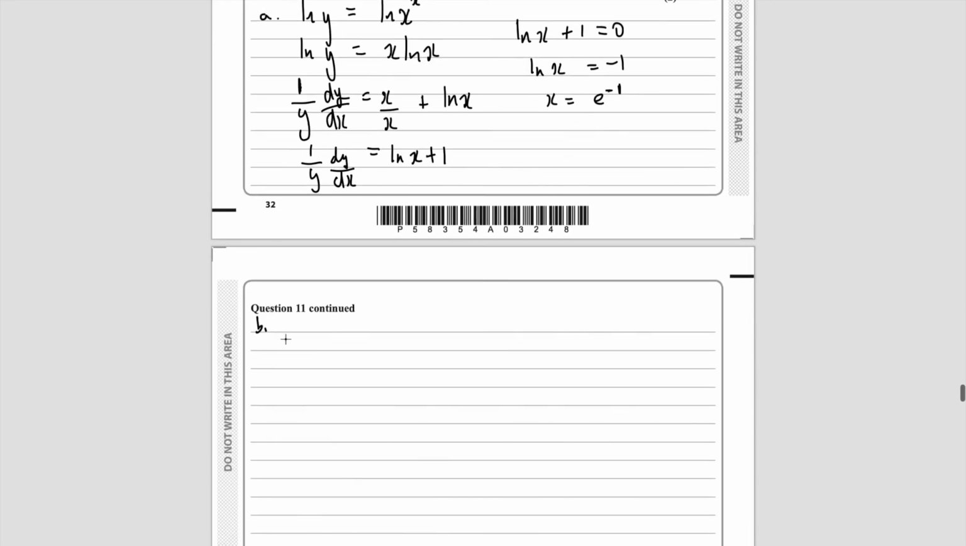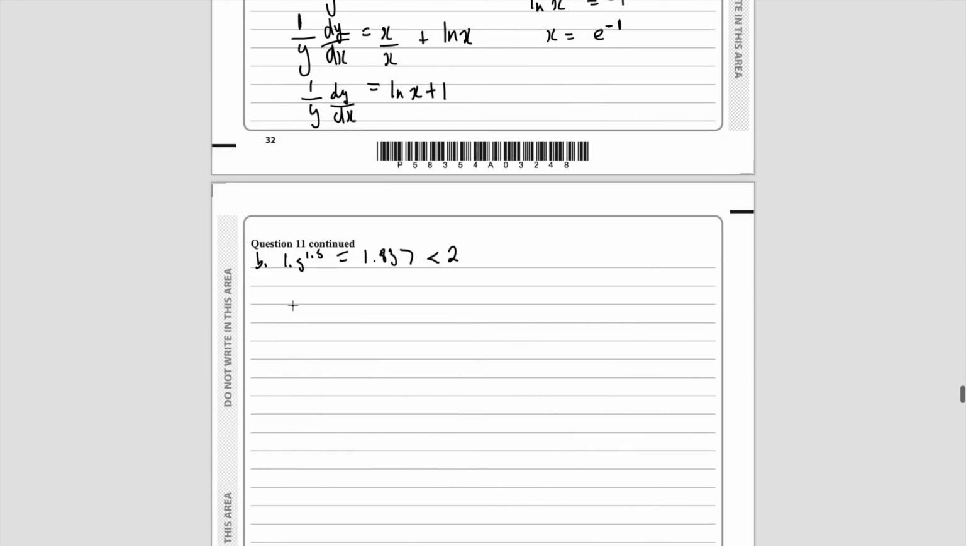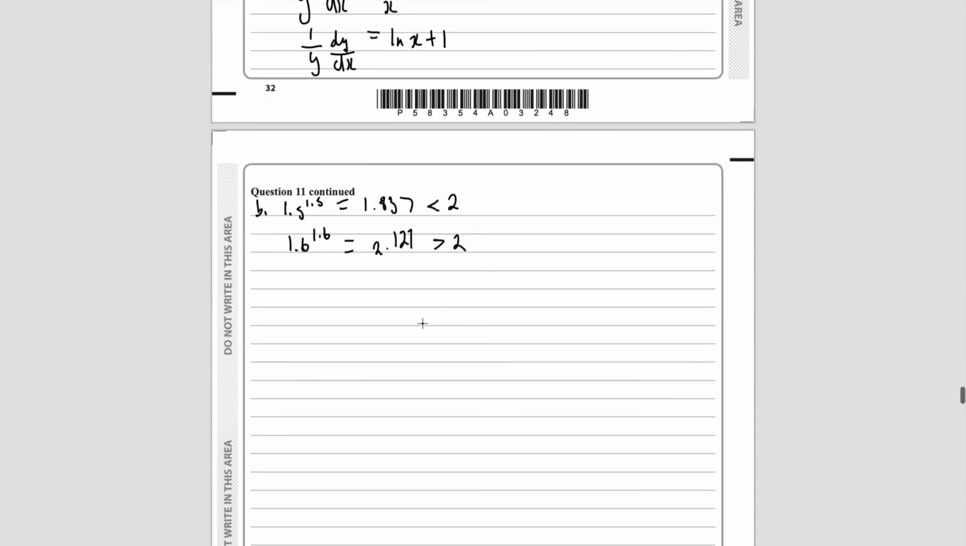So if we had 1.5 to the power of 1.5, remembering that our function is y equals x to the power of x, the y value is going to equal 1.837, which is less than 2. And for our upper limit of the range, which is 1.6, we'll have 1.6 to the power of 1.6, and that's going to equal 2.121, which is greater than 2. So, you know, the curve